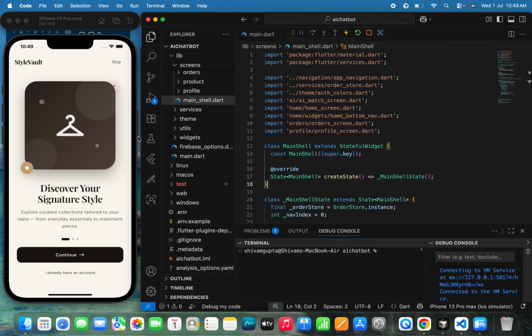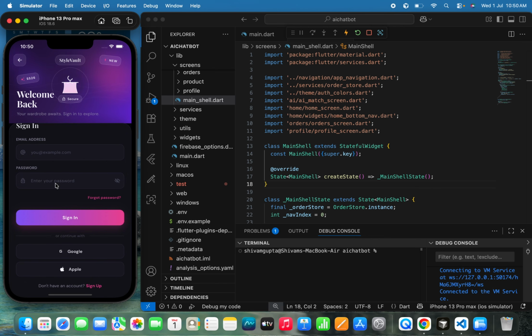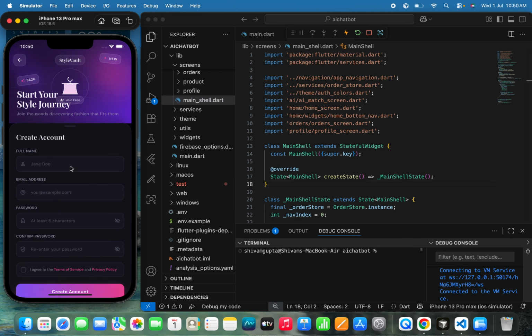Now I'm going to show you how the login and sign up page is working. Everything has been done by the cursor. So I'm going to click the skip button and we'll land on the sign up page. This is the sign in page. I will move to the sign up page, and first I'm going to create the account. Then I'm going to test whether we can sign in with that account or not. So I'm going to just write Ayush Gupta over here, and then I need to write the email address like